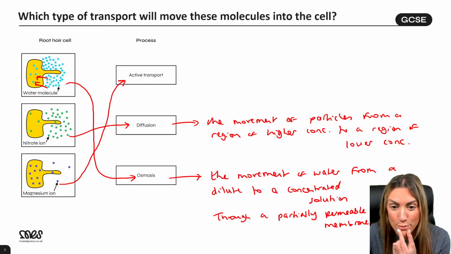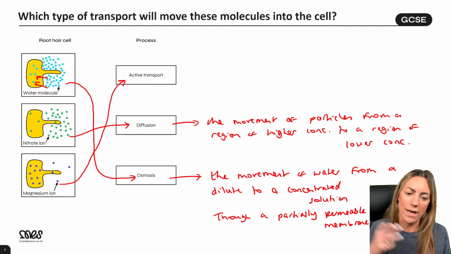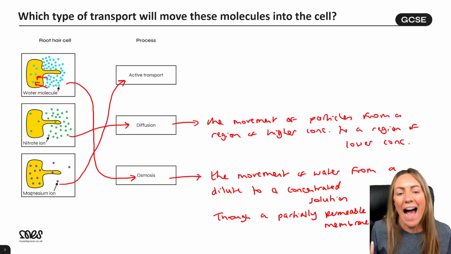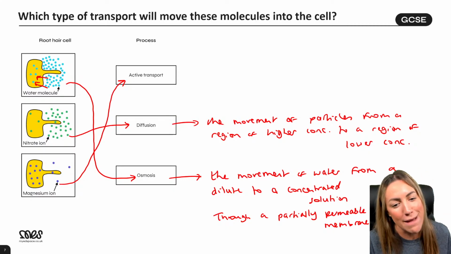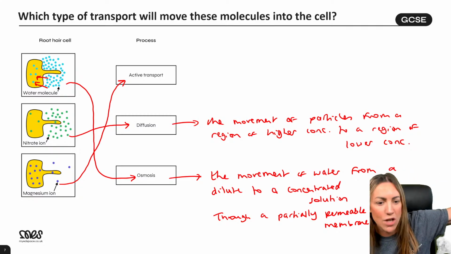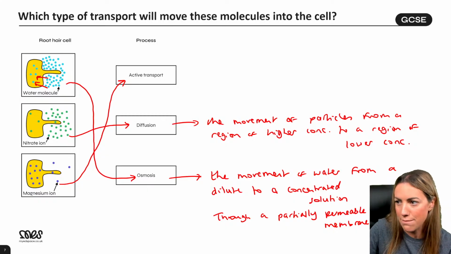Yeah, you can, Aboy. You can say water potential for osmosis. If you're going to say that, you'd say from a high water potential to a lower water potential. No, exactly. Diffusion doesn't have to be across a partially permeable membrane, does it? Because I could spray some air freshener over here and it could diffuse over there. So we don't add that to our definition because it doesn't have to include a membrane.